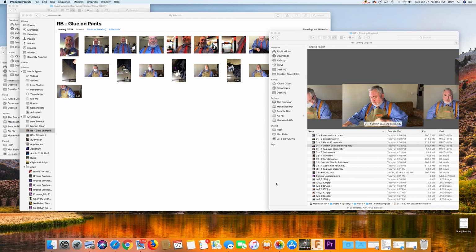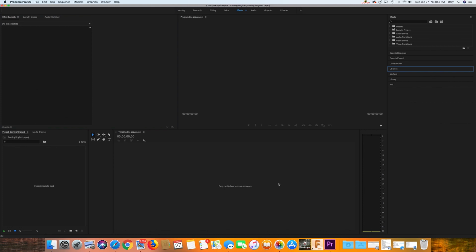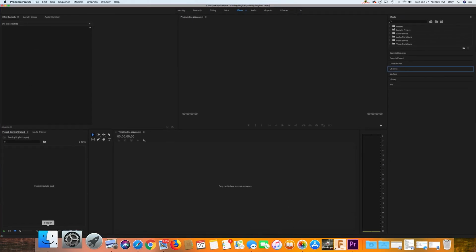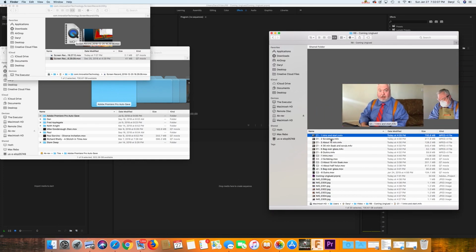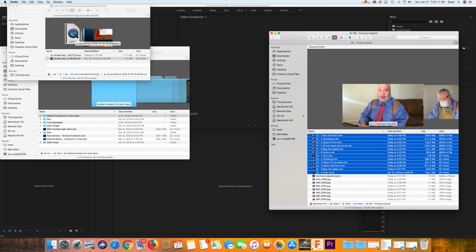Okay, so we have the project file there, and popping up on the screen shortly should be the actual Adobe window where I can work. Here it comes. Alright, so you notice that takes up pretty much the whole screen. So what I'm going to do is come in here and again find all of my files that I have already named. And then I'm going to drag them into the media section